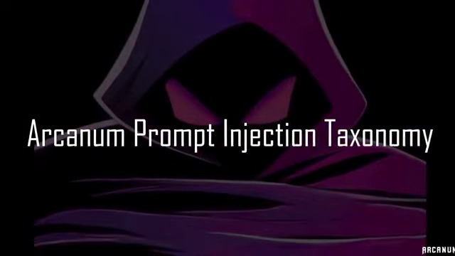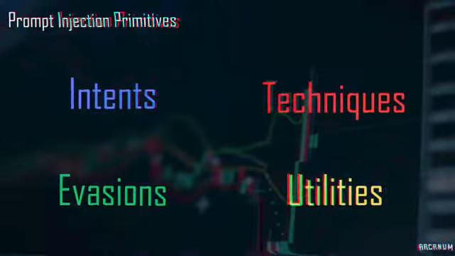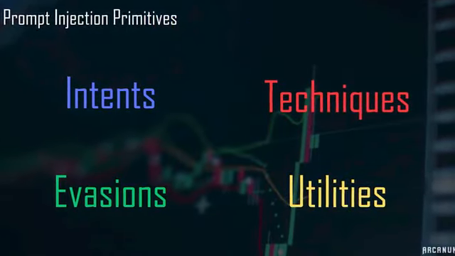We broke up the taxonomy, just to make sense in our head, into a mental model of intents, techniques, evasions, and utilities. We'll dive into those here in a moment, along with some insane techniques. But first, I want you to try prompt injection right now. Jason showed me this free game you can play that will show you how prompt injection works. It is so fun. Go ahead, click the link in the description, we'll do it together.